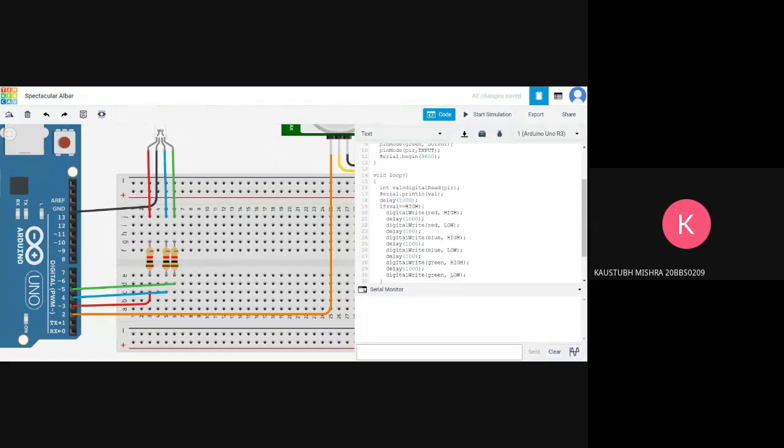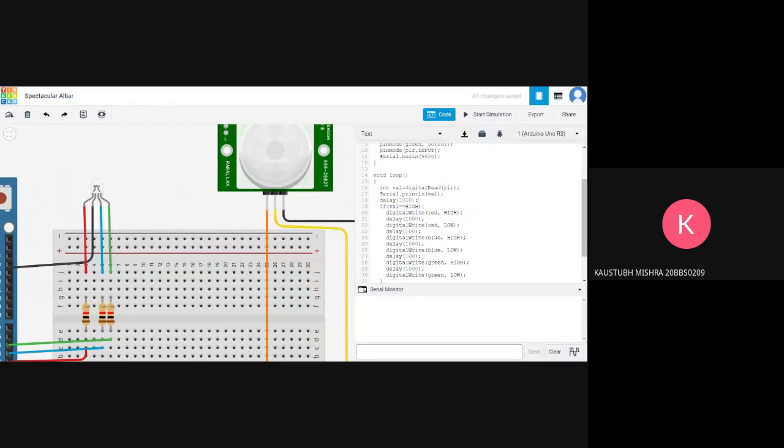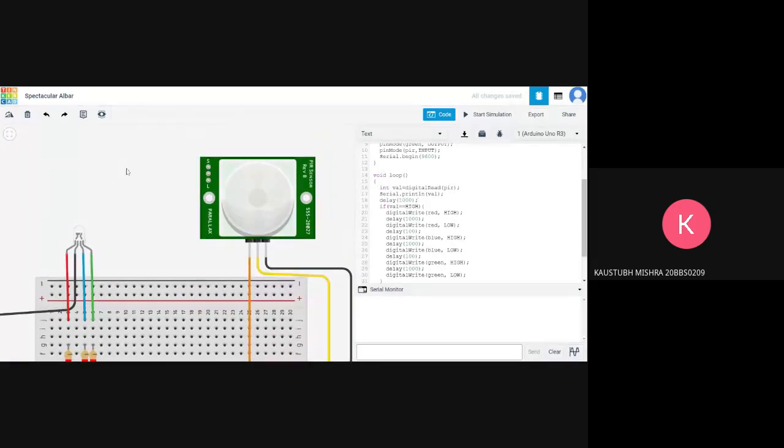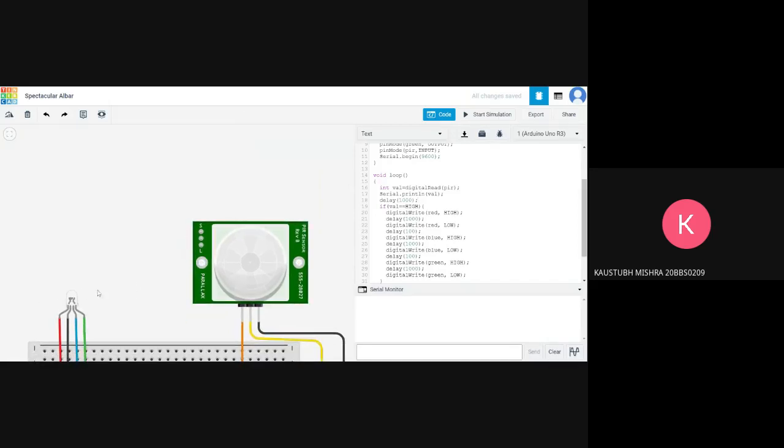So now we check the condition if val equal to high, and val equal to high would mean if the value of val is actually 1. So we need to check if the value of this integer is actually 1. So when will this be 1? When the PIR is actually sending a current. And if you remember, the passive infrared sensor sends a current only when there is motion detected. So in short, we are actually building a motion detector and powering an LED using that. So it seemed really complicated at first, but now you can see how simple it is.